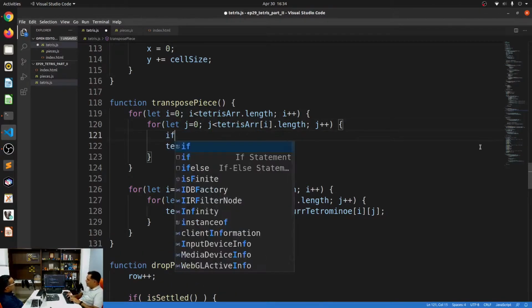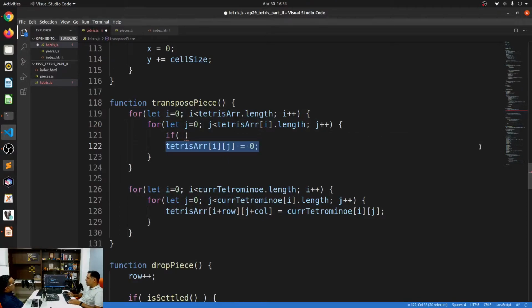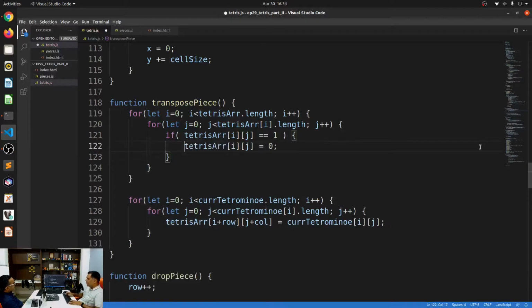So I am just going to say that only if it is 1, mark it as 0, or else just leave it as it is. Does that make sense? This transpose piece is supposed to copy the current tetromino onto the Tetris array.